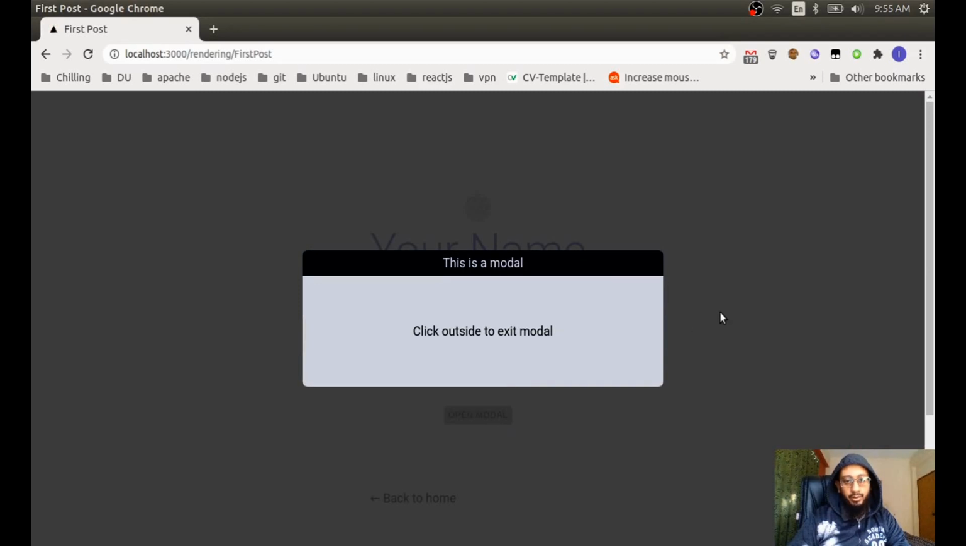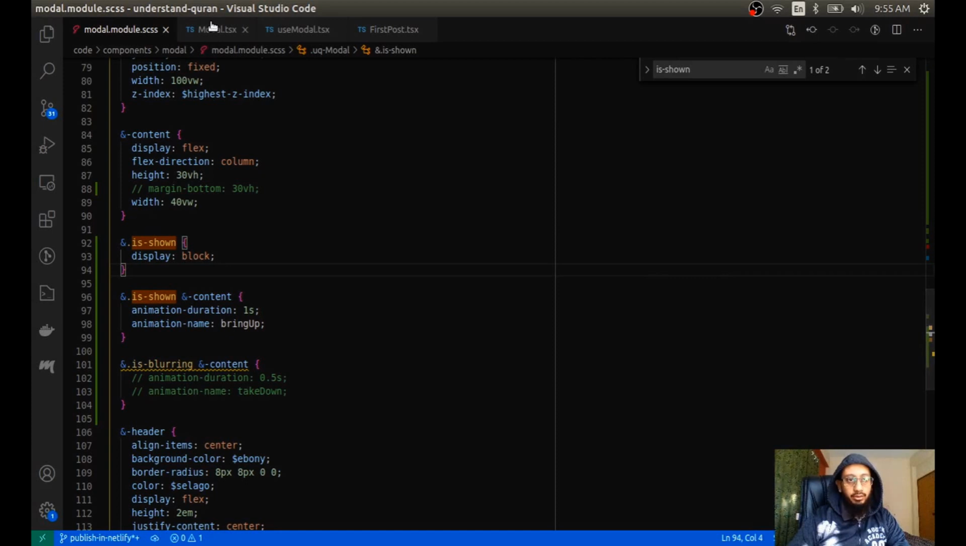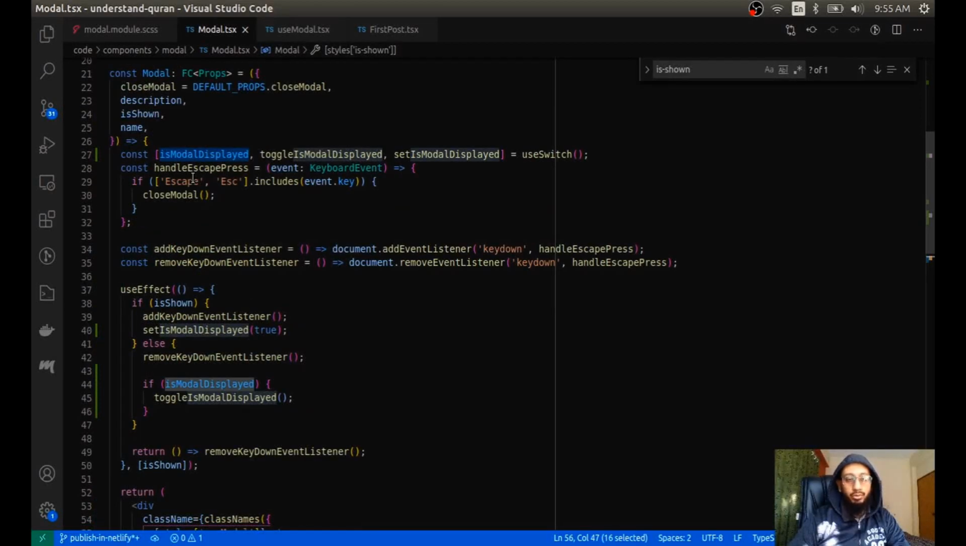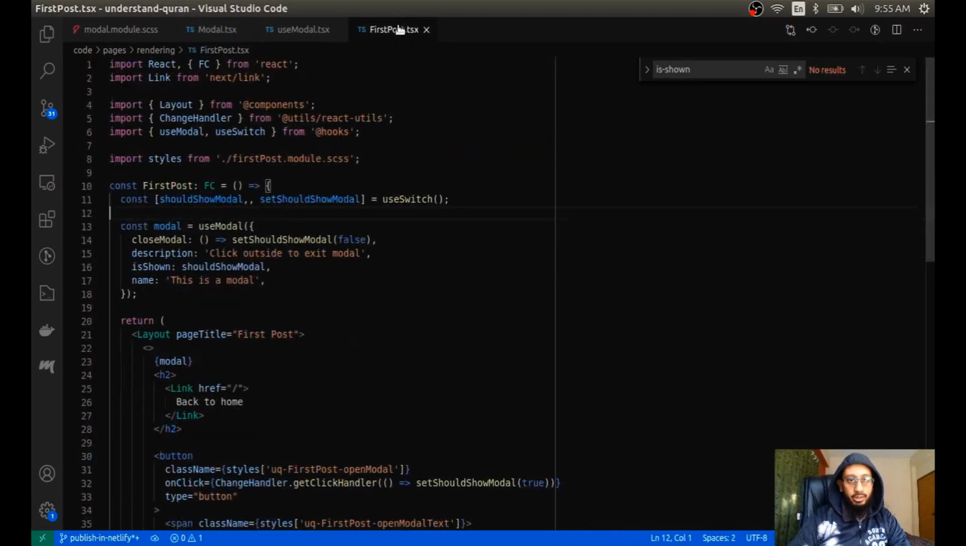Yep. What happens when I click outside? It goes away, right? So imagine what if the initial value was not false. What if the initial value was true? Then it would work the same way, right? So for example, if I say use switch initial value, if I pass it as true,